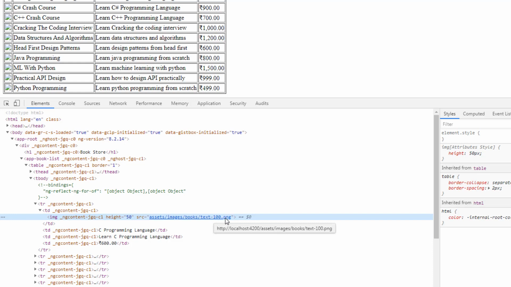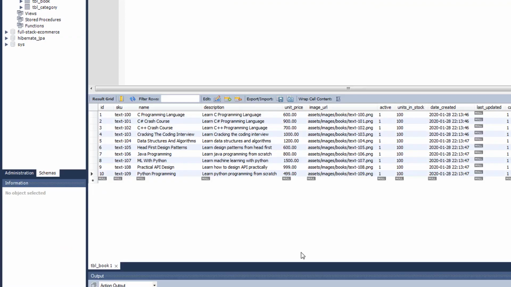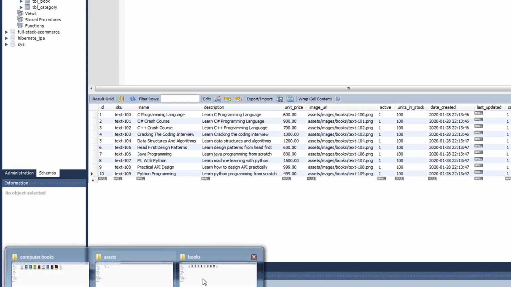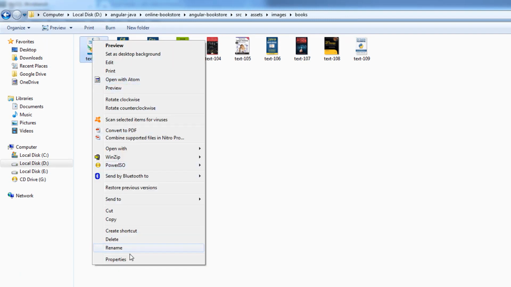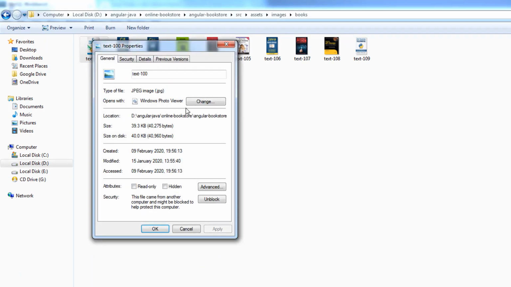If you go to the database, you can verify that the images are also in the PNG format. But if you go to the actual images and check the format of the images, the images are in the .jpg format.